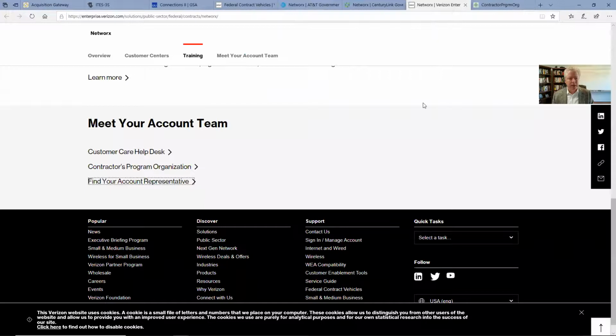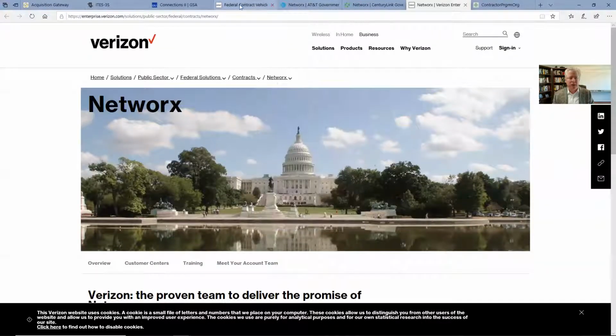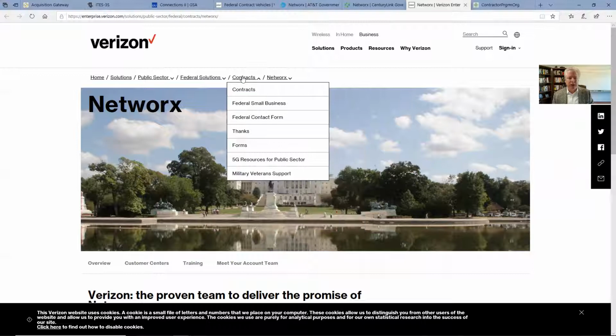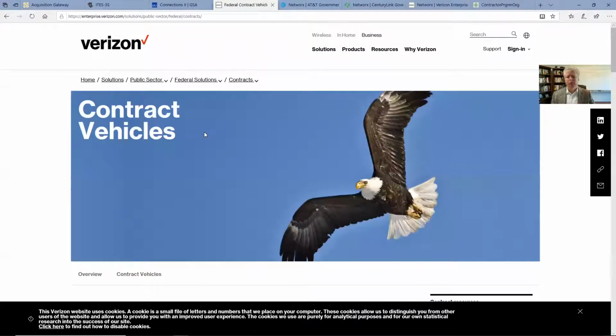This is Verizon. With Verizon, something else you can do, and I did this already over here, is look at networks, the solution kind of thing. And these are the contract vehicles, but I just backed up a tab to here. And now I'm looking at Verizon contract vehicles. The reason this is important as it relates to my telecommunication customers, as I'm preparing to build them, let's say, a call sheet of a couple hundred names that they can reach out to related to multiple contract vehicles, related to different things,